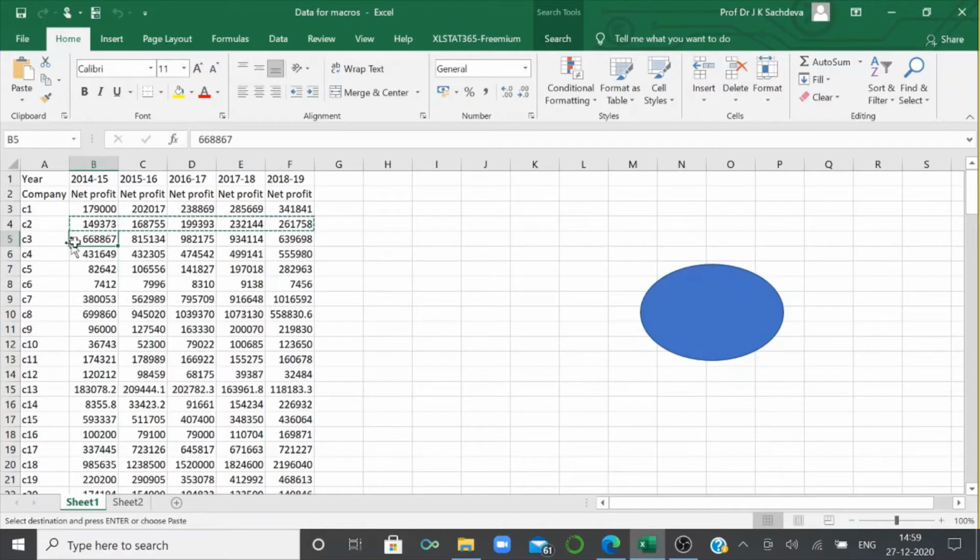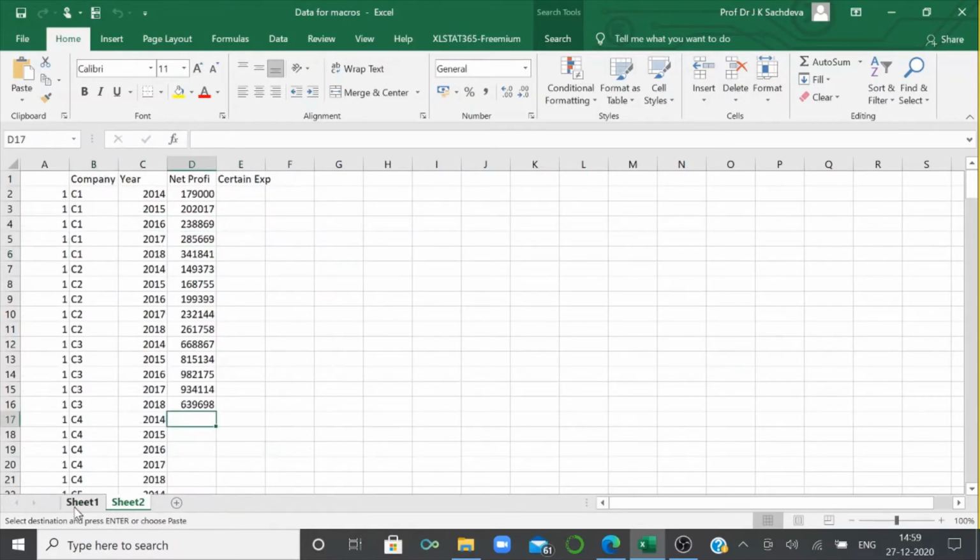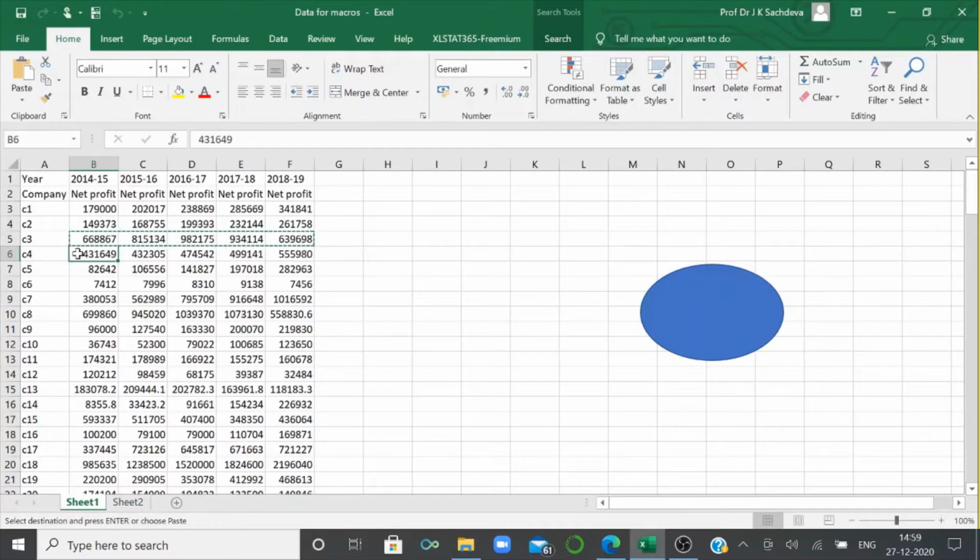Now the cell has been marked, third row. Just mark it. We could have also used it in recording for copying, but we are not using it because sometimes we need not use all the cells, so we don't want to record the copy. Just click on this. Data has already been copied. Now we go to the next row. This way you can go on recording, you can go on copying and pasting the cells.